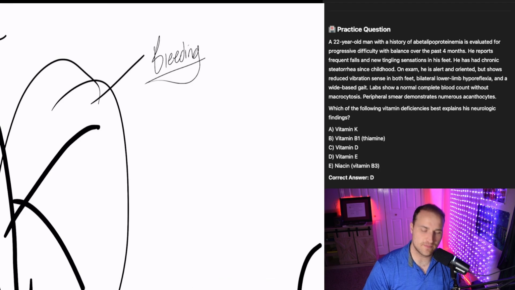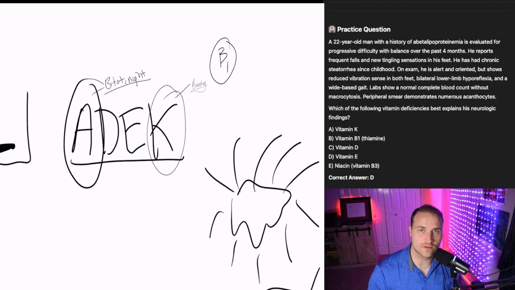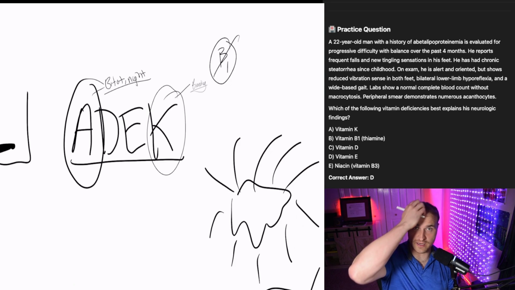Why is it not vitamin B1? Well, B1 would be Wernicke-Korsakoff. That's a thiamine deficiency that causes ophthalmoplegia, which is paralysis of the muscles surrounding the eye, confusion, cardiomyopathy, and not sensory ataxia. Totally different. Also, we've got to focus on